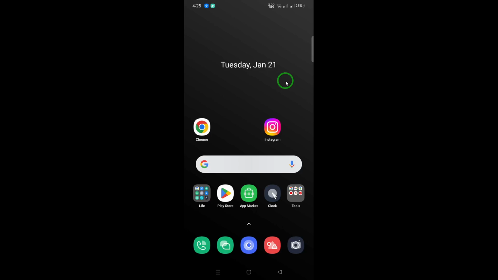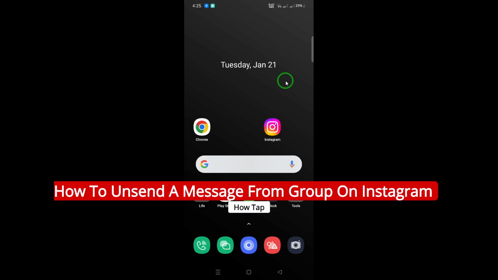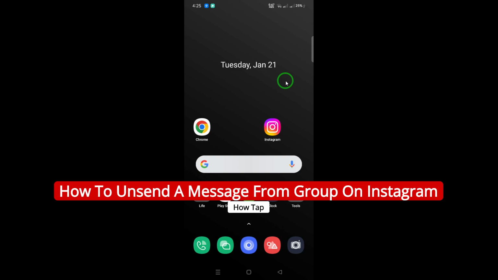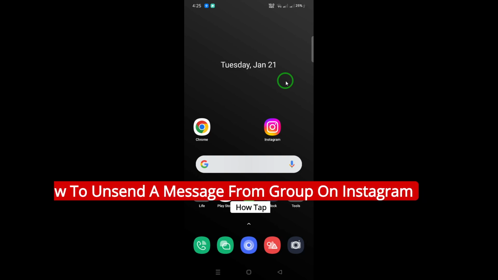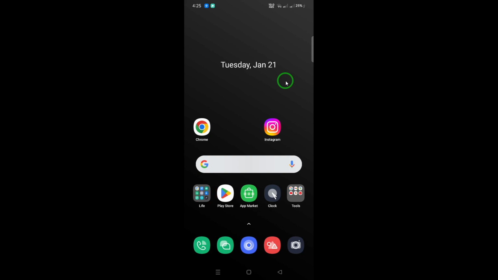Welcome. Today, we're diving into a useful feature on Instagram: how to unsend a message from a group chat. Whether you've sent something by mistake or simply changed your mind, this step-by-step guide will help you retract that message